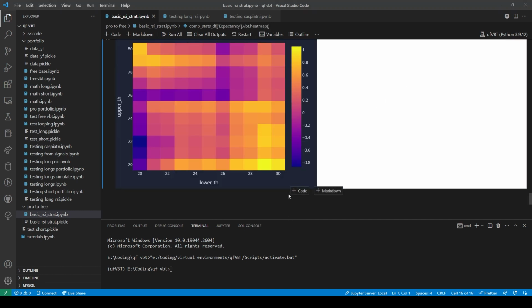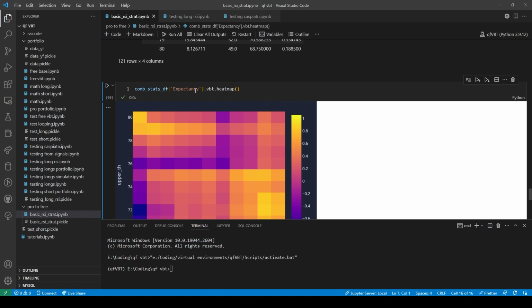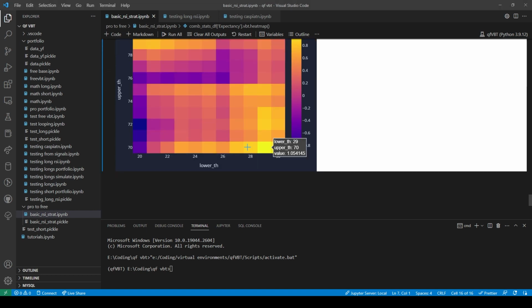And now we can see on the heat map, we can grab this and then we can do vbt.heatmap. I guess this is also probably part of the generic accessors. Nope. Anyways, and I forget, there's a way to do multiple